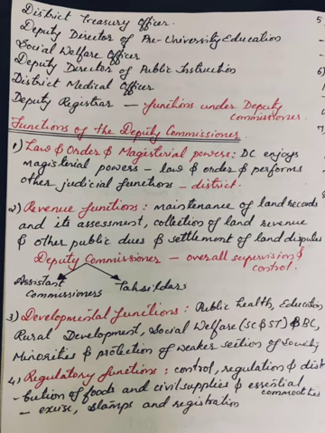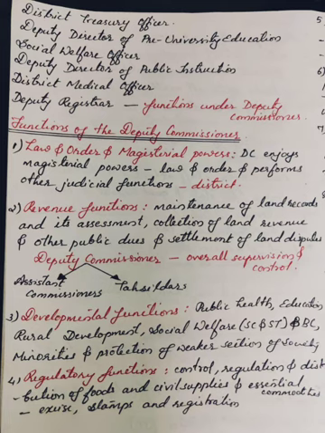Number 1, law and order and magisterial power. Magisterial power means this deputy commissioner has both judicial and executive powers within a district. The deputy commissioner also enjoys magisterial powers. Being district magistrate, as we just said, he also acts as district magistrate. He maintains law and order and performs the judicial functions in the district.